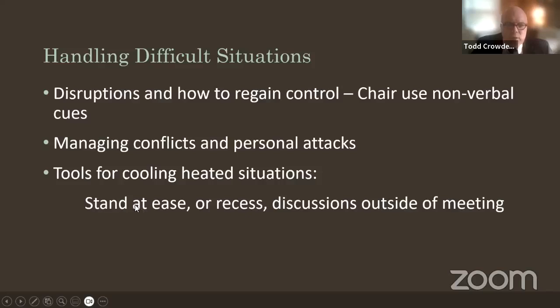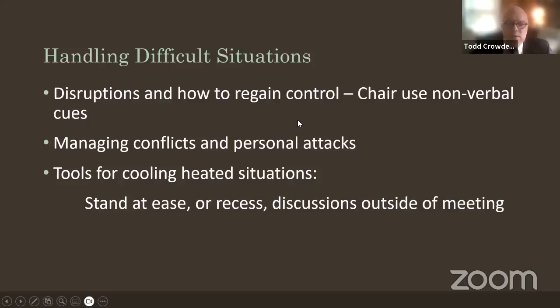I've seen chairs do that to take a quick phone call. So if the chair says, will the assembly please stand at ease, everyone just talks quietly among themselves for a few minutes. That could be a good way to handle an argument breaking out. Take the people who are arguing and have a little powwow with them, or go to where they're sitting and try to talk to them one on one and see if you can get them to calm down a little bit or figure out a way to not be attacking each other during the meeting. Give a few minutes to calm down, a little timeout, and discussions outside of the meeting can help.